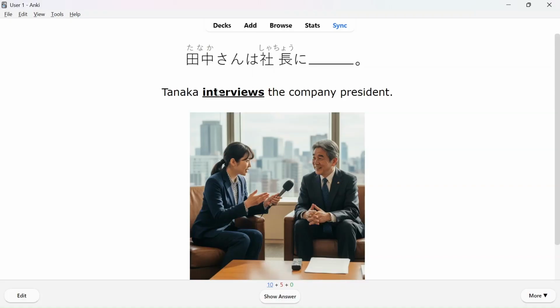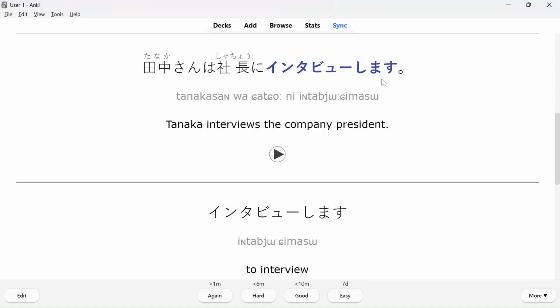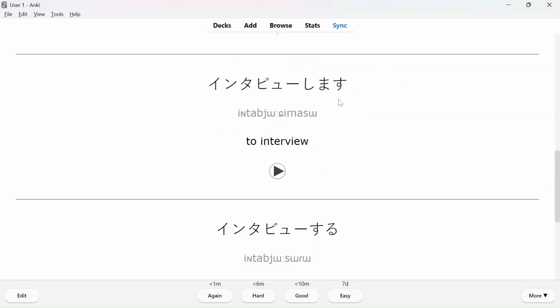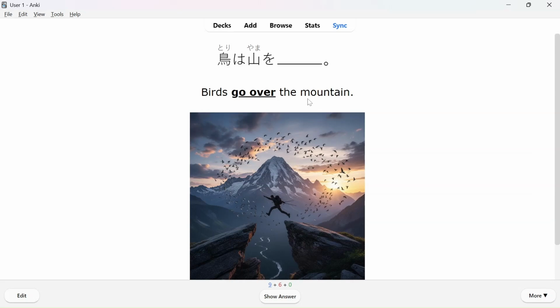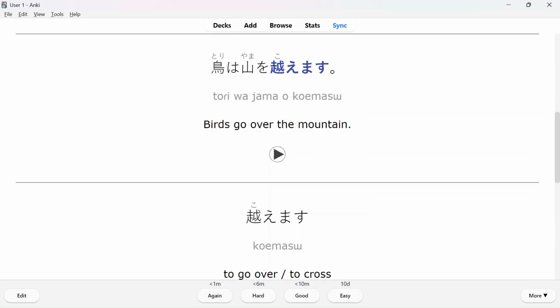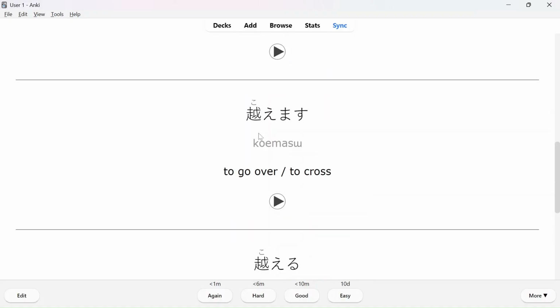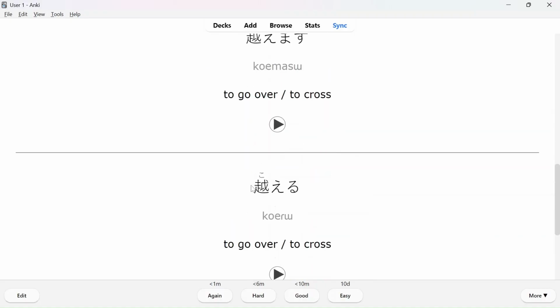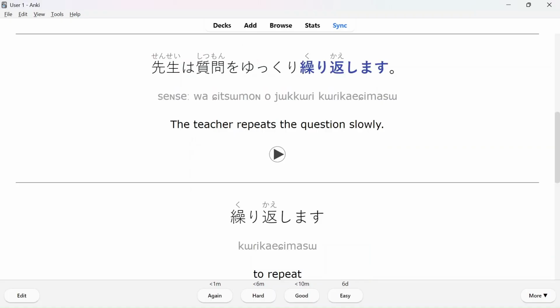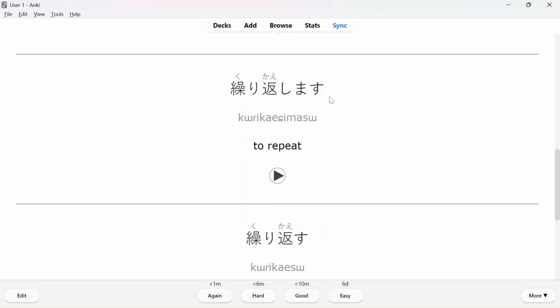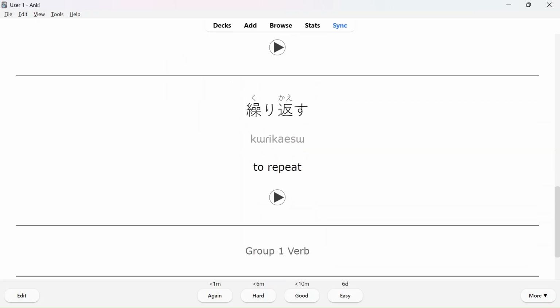Tanaka interviews the company president. How do you say interviews? 田中さんは社長にインタビューします。インタビューします。インタビューする。 Birds go over the mountain. Go over. 鳥は山を越えます。越えます。越える。 The teacher repeats the question slowly. How do you say repeats? 先生は質問をゆっくり繰り返します。繰り返します。繰り返す。